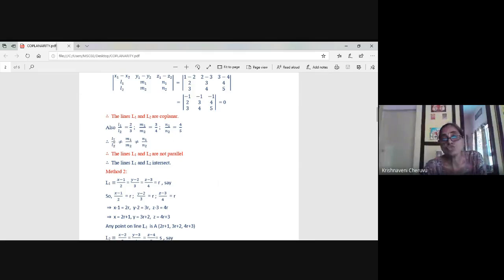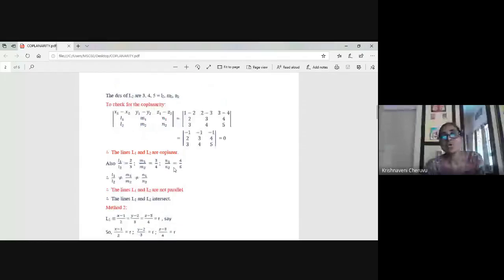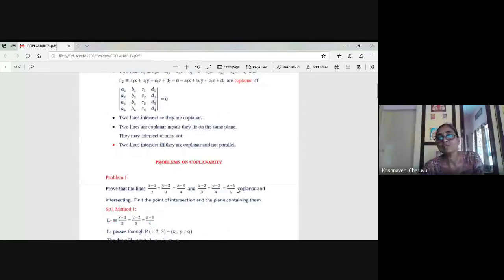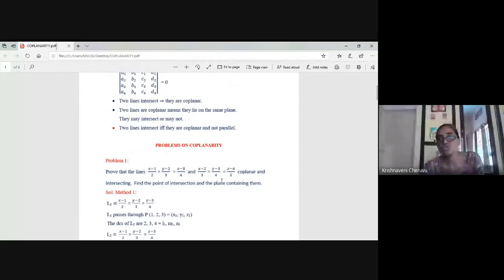Sometimes you will get L1 by L2 equal to M1 by M2 equal to N1 by N2. But here L1 by L2 is 2 by 3, which is different from 3 by 4, which is different from 4 by 5. Therefore, L1 by L2 is not equal to M1 by M2 is not equal to N1 by N2. Therefore, these two lines are not parallel. What you got so far is that the two lines are coplanar, meaning lying on the same plane, and they are not parallel. So you can say that the lines are intersecting. So now we finished the first two parts of the question, girls. By using the formula we showed that these two lines in the symmetric form are coplanar and intersecting.